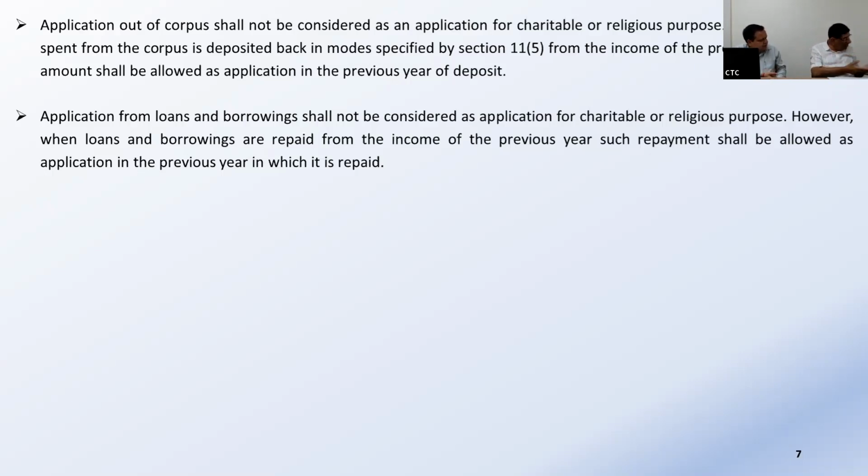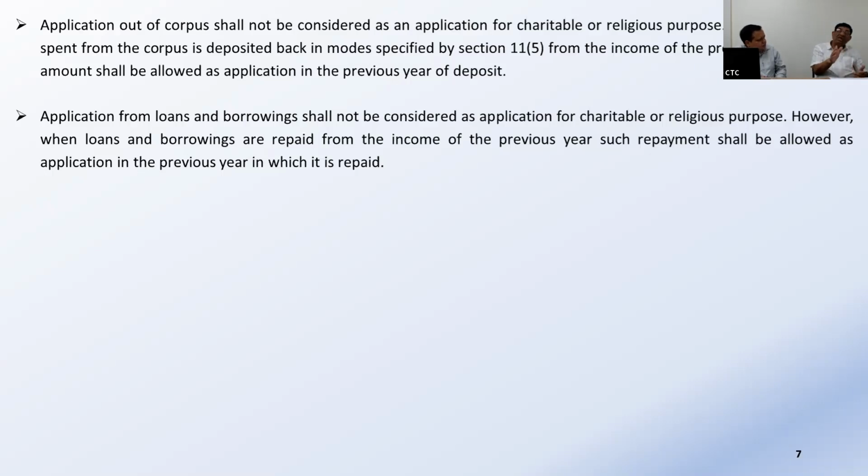Now bank balance is also, Ashok, you are rightly asking that question, whether bank balance is also deposited in the bank account. Yes. But the only thing is how you will justify that it is specifically mentioned. In my office practice, what we are showing is bank balance, general balance so much, and corpus donation balance so much. Correct. So you have specifically mentioned it and asked them to put it into FD in the current year. That they have managed. So the thing is, you have to see that you satisfy those requirements.